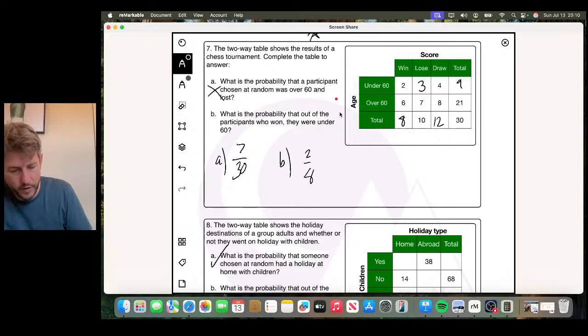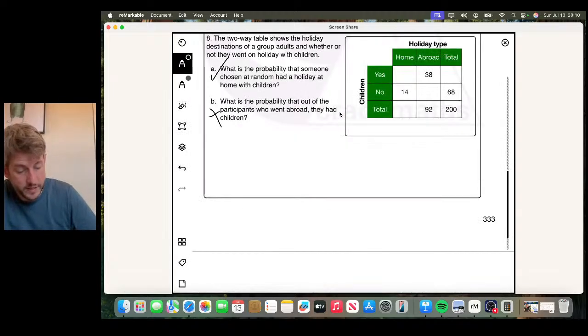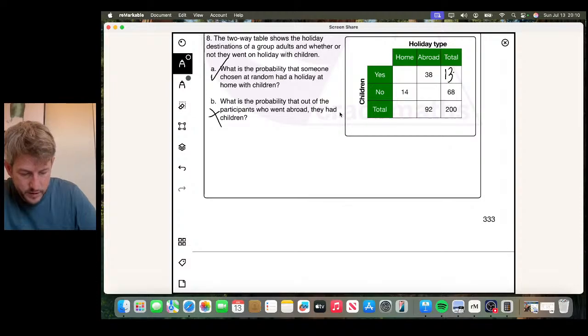What is probability they were over 60 and lost? Yep. And what is the probability that they won? So yeah, I'll put a cross by those so I remember. Okay. Right, now let's do this. So this is going to be 1, 3, 2. This will be,